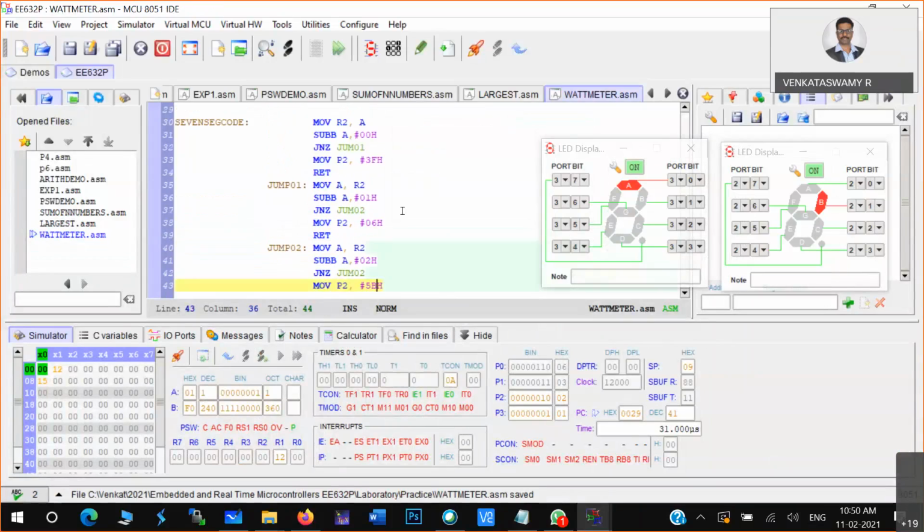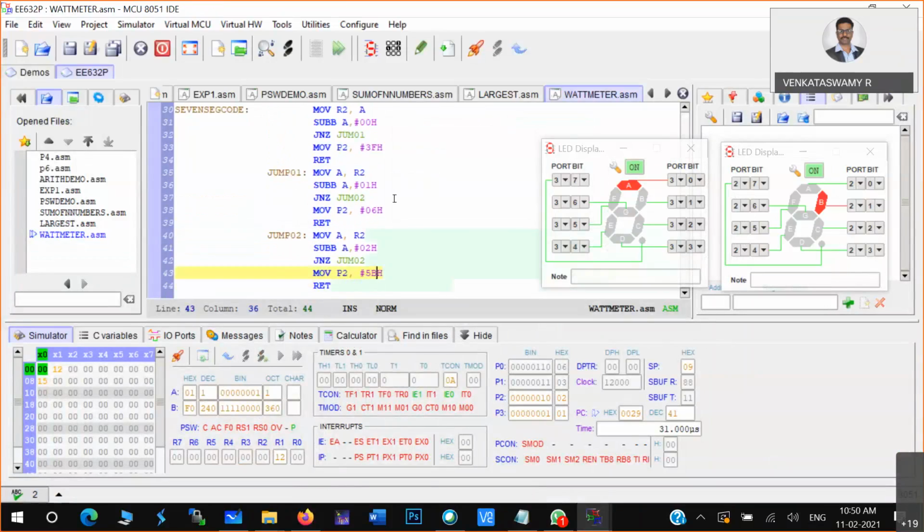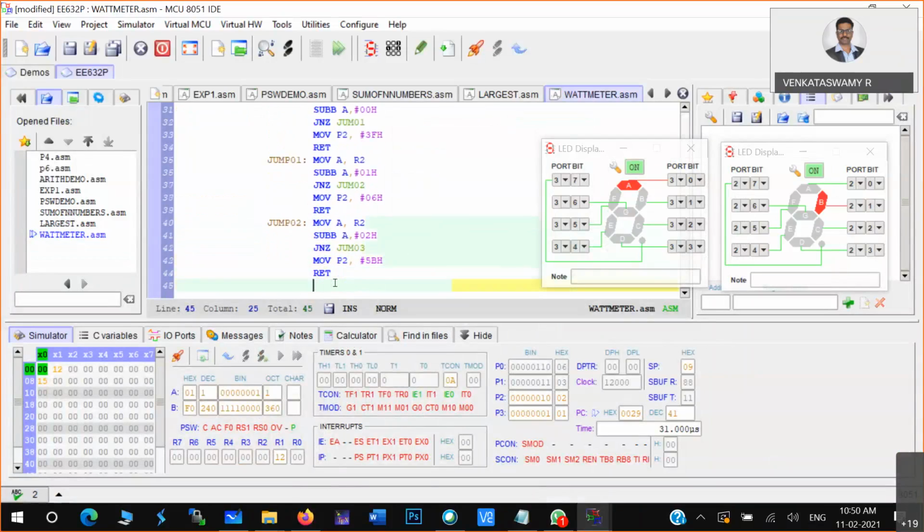Now you see in this code, 0, 1, 0, 1, 2. If it is not there, then you jump to 0, 3. I'll just extend this one.